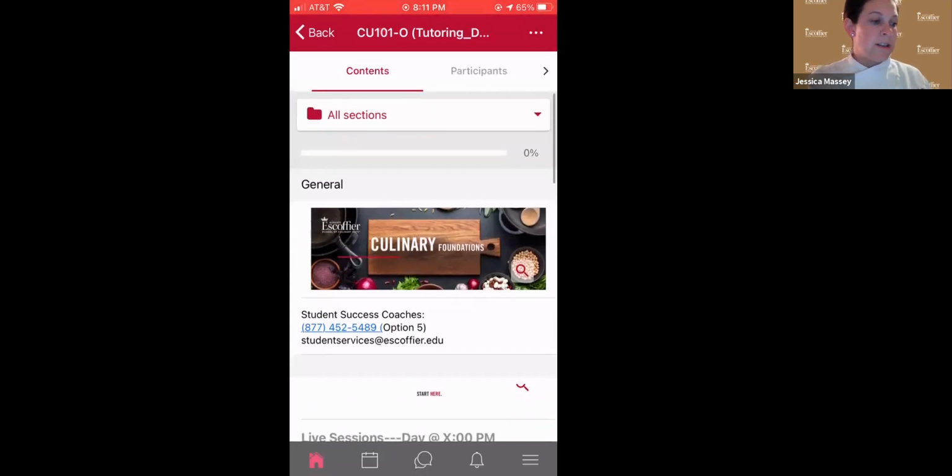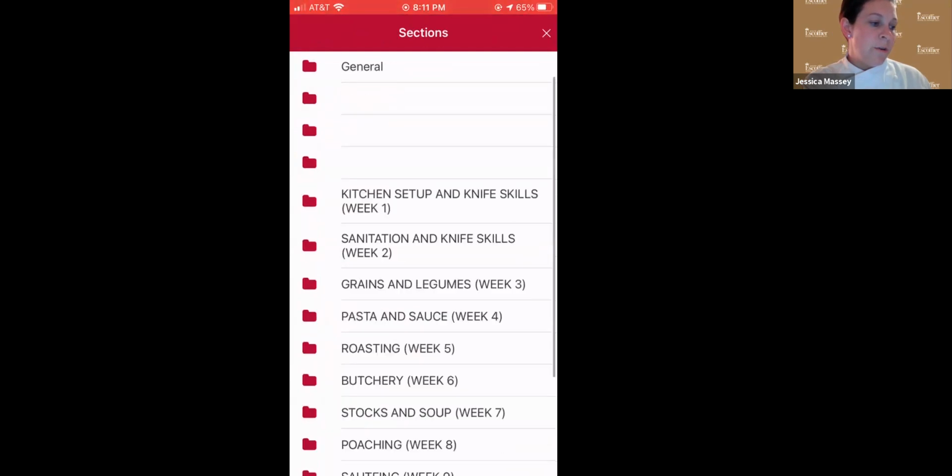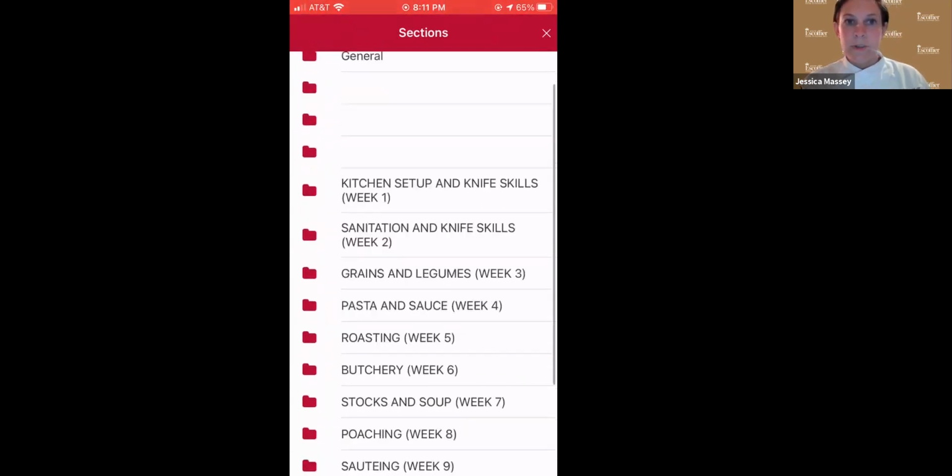So in your sections, and this is what's cool, well, you can do it on the laptop version, but this very top where you see all sections with a little folder, if you click on that, you can jump